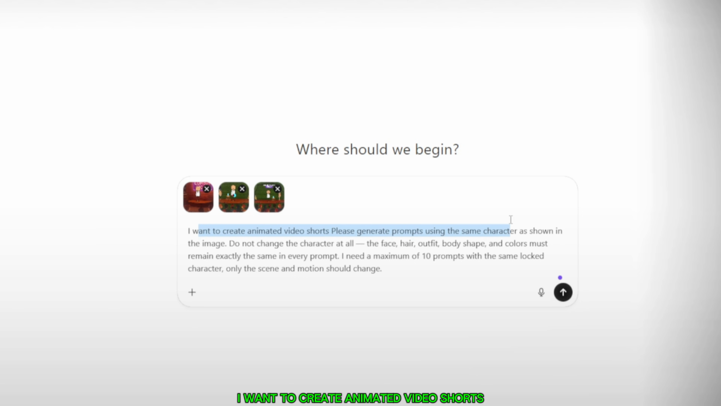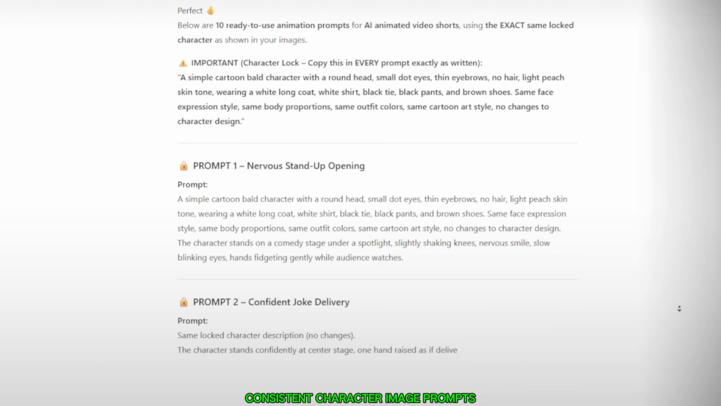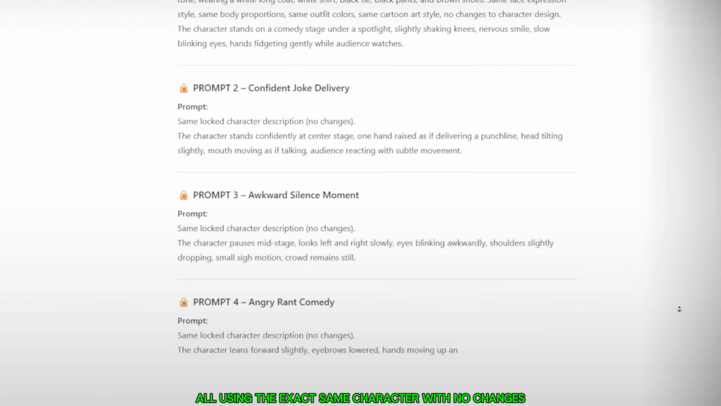I want to create animated video shorts. Please generate prompts using the same character as shown in the image. Do not change the character at all. The face, hair, outfit, body shape, and colors must remain exactly the same in every prompt. Click Generate. ChatGPT will now give you 10 locked, consistent character image prompts, all using the exact same character, with